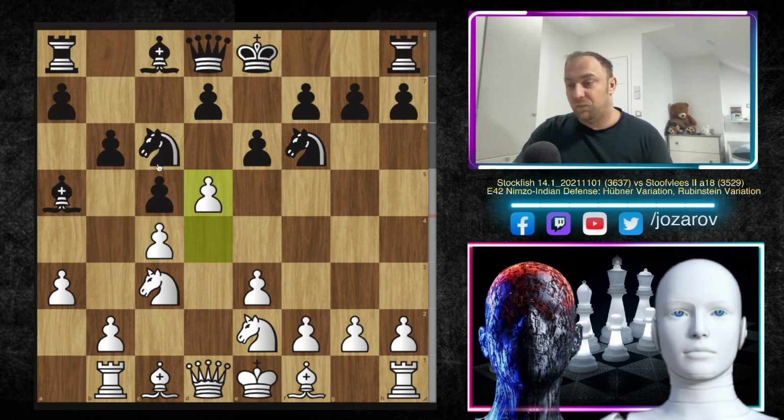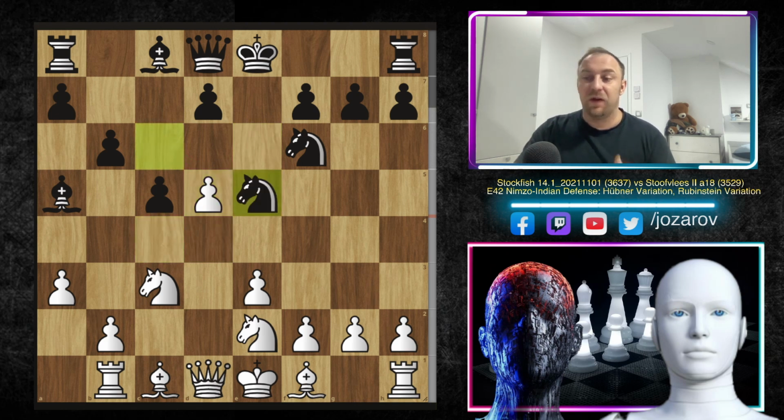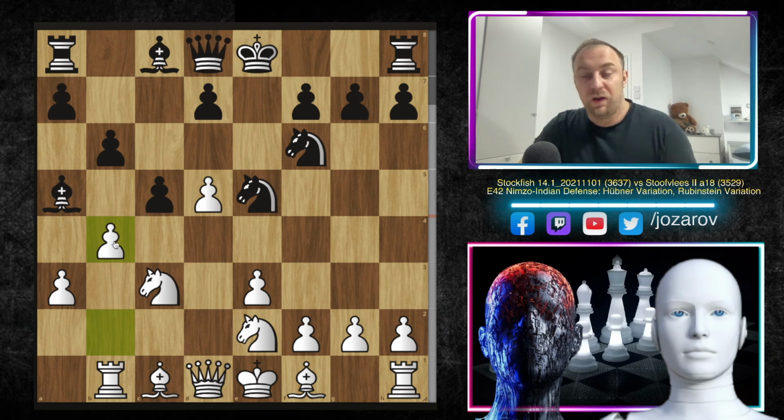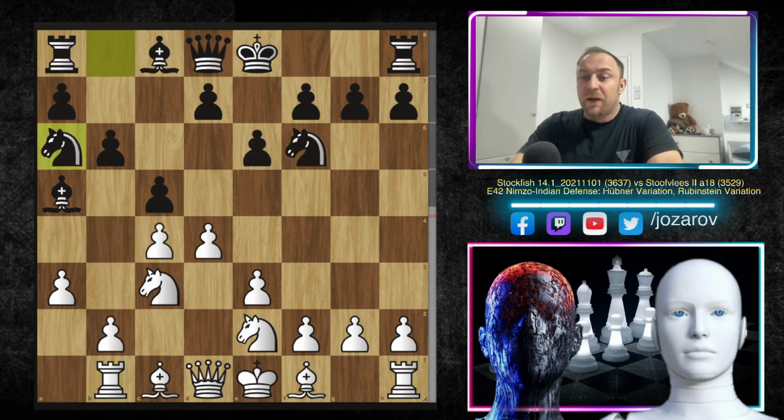with the move d5, and then when the knight retreats, maybe something like e takes d5, c takes d5, you play something like here e5, you see you lost the control of the b4 square, the knight gets deflected, and now with the move b4 the game is basically over here for black. So that's why after move rook to b1 the main line is the move knight to a6, and I've mentioned